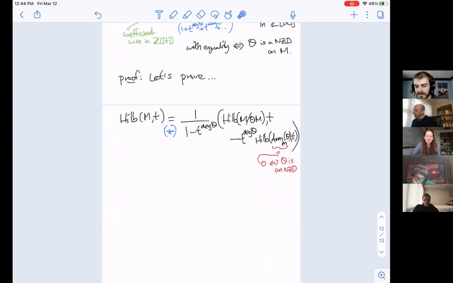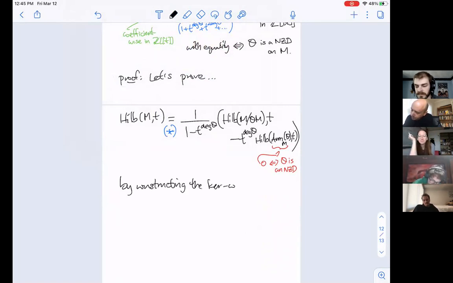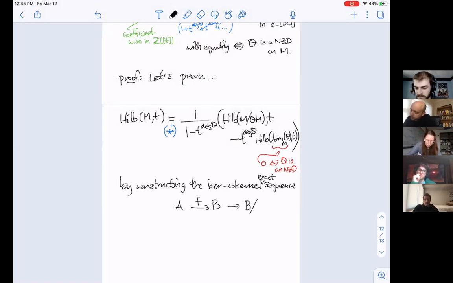Okay, so how do we do it? To prove this, let's just continue. You know I like long sentences. By constructing the kernel co-kernel sequence for this map. Okay, so what's a kernel co-kernel exact sequence? It's just when you've got, say, a map between vector spaces or modules or whatever it is, some situation where you can talk about kernels and co-kernels, and you say, if I look at B mapping onto the image,